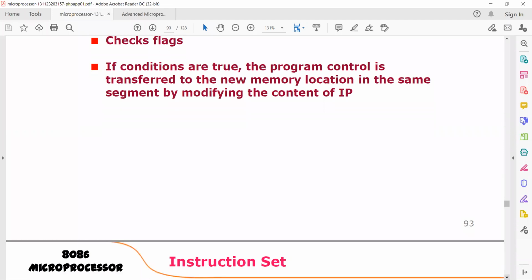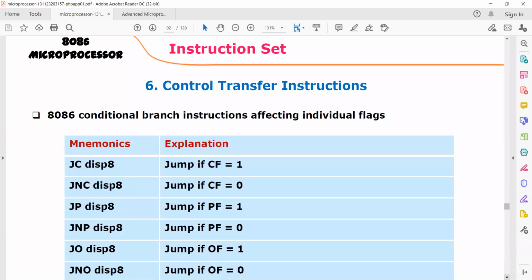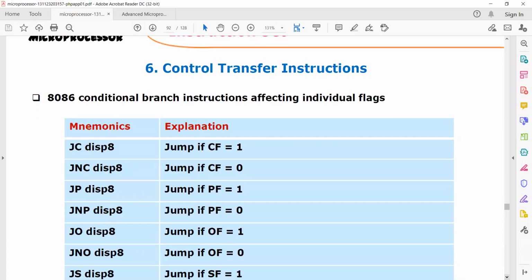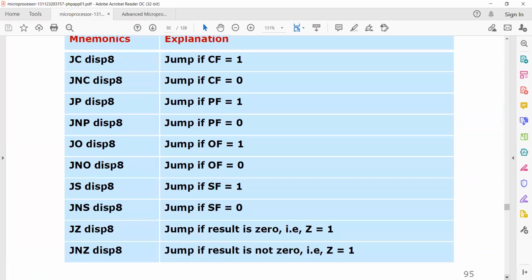Let us see those instructions here. These are the conditional instructions. You can see JC. JC means what? Jump on carry. That means if the carry flag is equal to 1, we have to jump to a location. And similarly, jump on no carry.